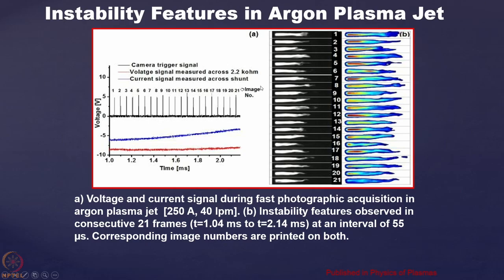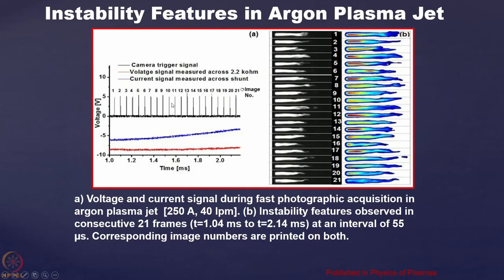To see that, we have recorded the voltage and current signals simultaneously. This red one is the voltage signal. It is pretty constant over this millisecond zone, and the current signal which we have measured is more or less constant as well. We can say that half of this region is pretty constant for the voltage and the current.